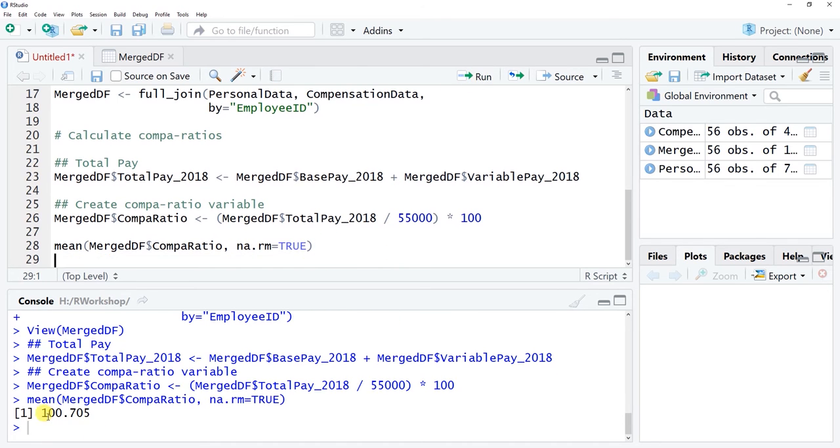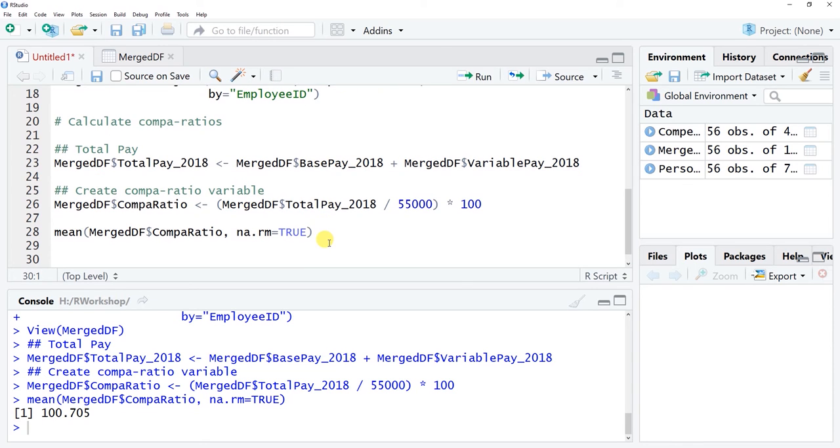Let's click run. And so actually we're doing pretty good here. We're only slightly over 100% on average. So on average, we're paying around the midpoint for the pay grade. So that's pretty good there. All right. So the next thing that we're going to do is we're going to kick it up a notch,